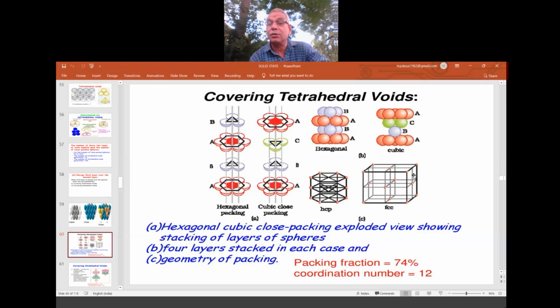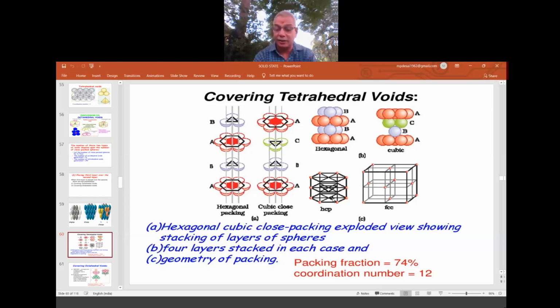On every face one particle is there. That's why cubic close packing is called what? Face centered packing. So FCC and CCP both are the same. This is HCP. Once again, HCP is created when AB, AB, AB, AB in 3D covers the tetrahedral voids. In the same way, to create FCC or CCP, we have to arrange the layers in such a way that it should be ABC, ABC, ABC, ABC in 3D.